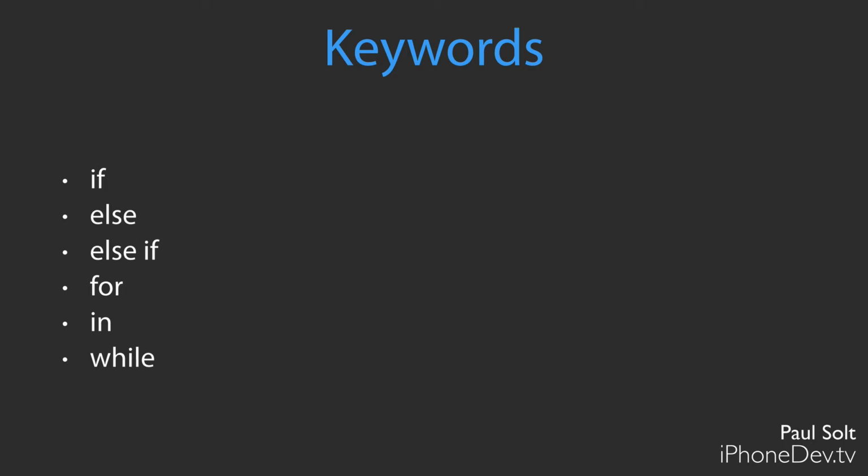Next, we have for. This is a keyword for the for loop. And normally there are three statements after it where we set up an index variable that we want to increment up into a certain condition. And so we can use this to iterate over an array, or we could do this to repeat an action multiple times. The in keyword we use in the for loop, and it's a special way of writing it, and we can use this with our objects, especially our